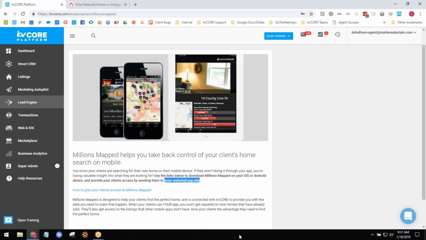It's faster than Zillow. Listings are updated every 15 minutes. You can request showings anywhere you want in the country. So this isn't just specific to your MLS. This is for the whole entire country. So this is really a robust app for them to have. It's kind of like a value-added tool for you, the agent, to provide to your clients. So it's just another reason for you to follow up after you send this text.